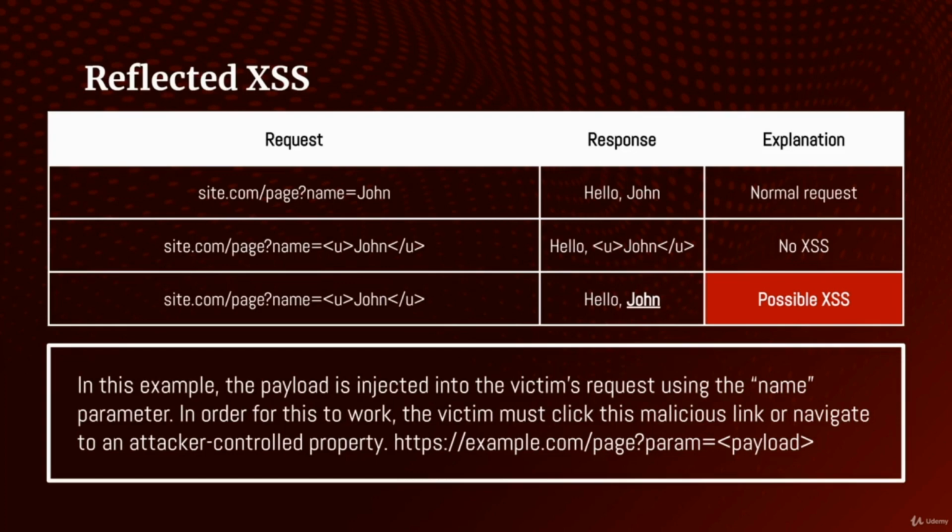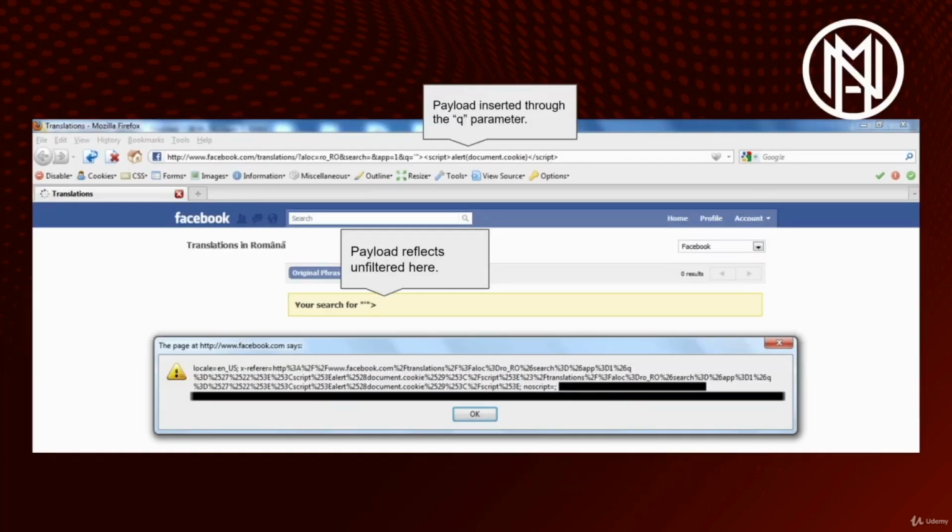So the best way to actually look for XSS, in my opinion, is to look for places where you can insert HTML, and if the website comes back and renders that HTML code, then there's a possibility to look for further XSS vulnerabilities. Some of the examples that have been found previously on Facebook, for example, is, as you can see, the Q parameter in here on facebook.com translation has been swapped out from a text to a payload